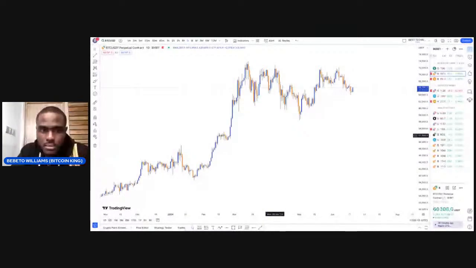So based on what I'm seeing on the market, what is the daily time frame telling me? It's on the sell structure. Apparently, it's on the sell structure. So what am I expecting the market to do on 4 hours? But just because the daily time frame is giving you a sell structure, the question now popping in your head is, how do I know the market is in a sell structure? That's when you start understanding structures, trends, waves.